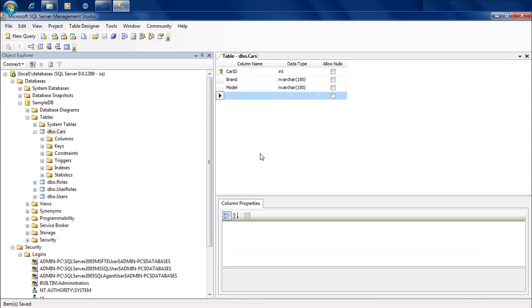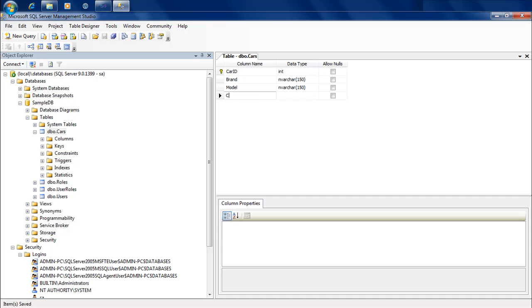So I've deleted all other tables from my database. The only table that is relevant in this case is the cars table, and that's what we're going to use. The cars table has a car ID, which is a unique identifier, auto increment, and a brand and a model. These are two things which are common. Let's take a similar example to last time, a Japanese car and a German car. But this time we're going to store all the information pertaining to Japanese cars as well as German cars using a single table.